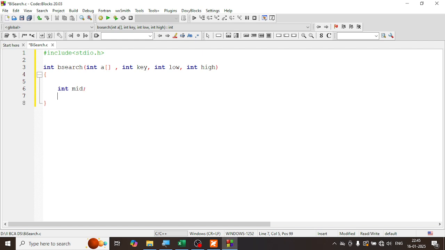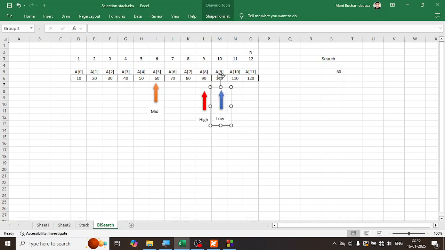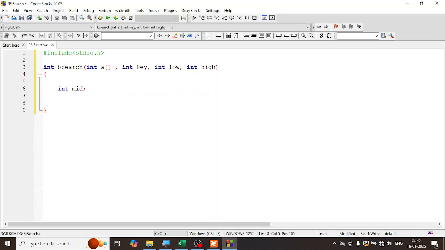What is the stopping criteria? First thing is, what is the stopping criteria? The stopping criteria is when the high goes below the low, or when the high is lower than the low, you just stop. So this is the stopping criteria. We start with the stopping criteria. What is it? If